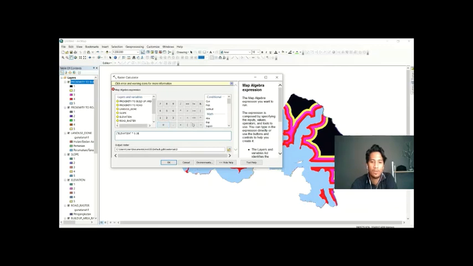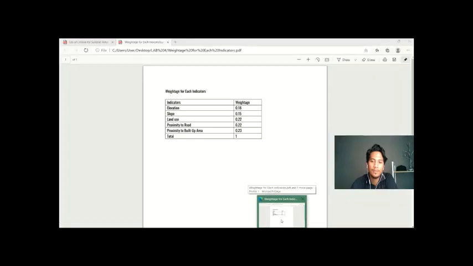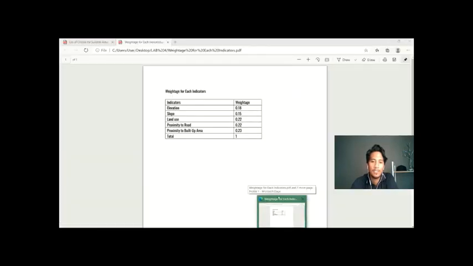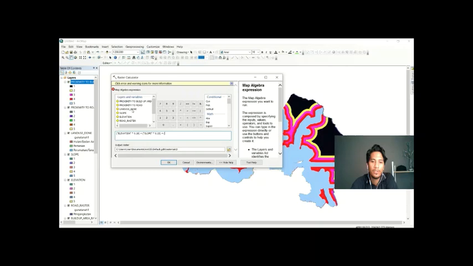The amount is 0.18, and close the bracket, and plus slope equals 0.15, close the bracket, and plus land use